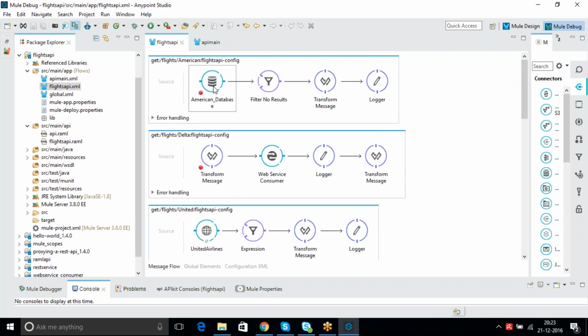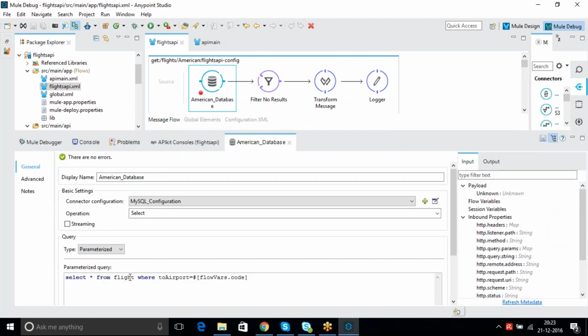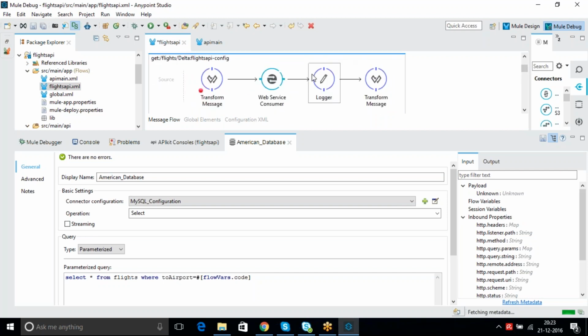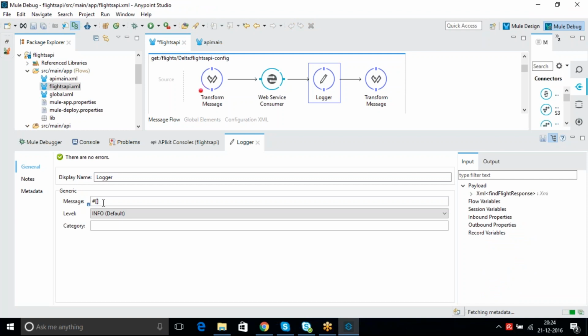In this flow, you can see whatever flows you required. I think we also made some changes to handle the exceptions, right? Let's do those changes back to make it work properly. So what are the changes in DB? We did one change, that is flights. To put kept flights, make it flights. And also in another flow, the Delta flow, we did one error fix. So here we use forward slash, and just keep payload to display inside the console.